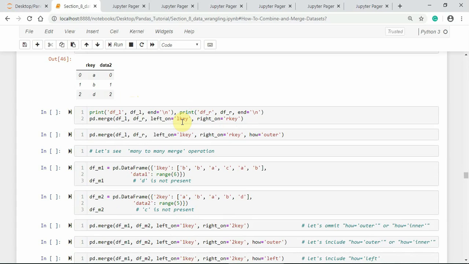Now let us merge these two data frame objects by switching on the left and right keys separately. This left on is equal to left key and then right on is equal to right key.